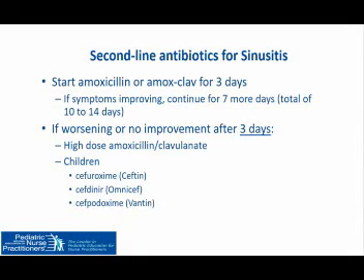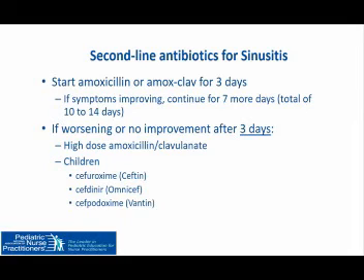That used to be first-line for otitis media when I was a new practitioner. And guess what? We can't use that because we have so much resistance to it. So if we are not careful, and we don't save azithromycin for when we really need it, we're not going to have it anymore. So we do need to pay attention. Second line antibiotics for sinusitis,